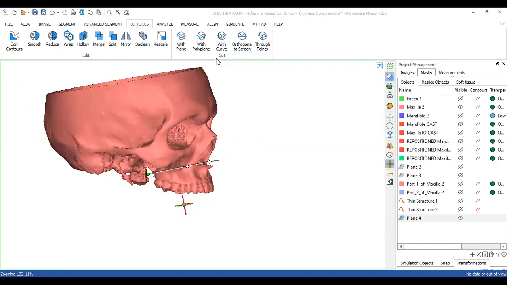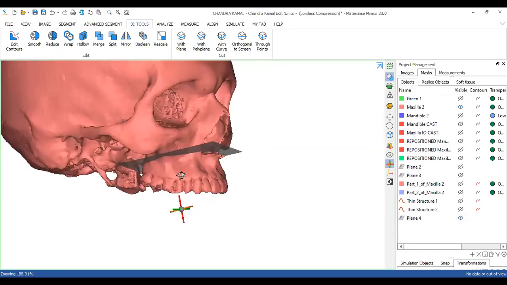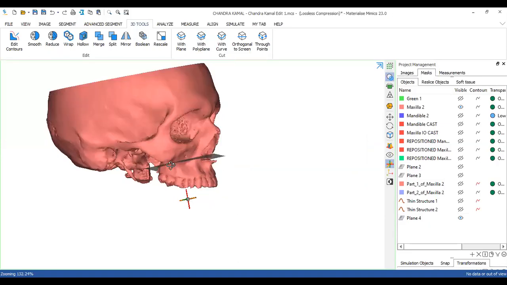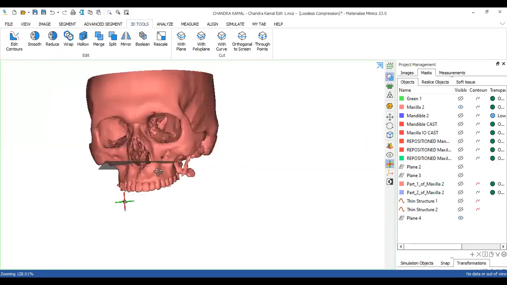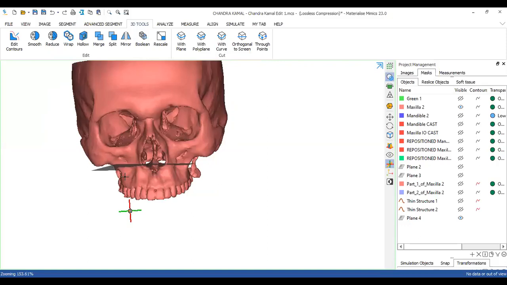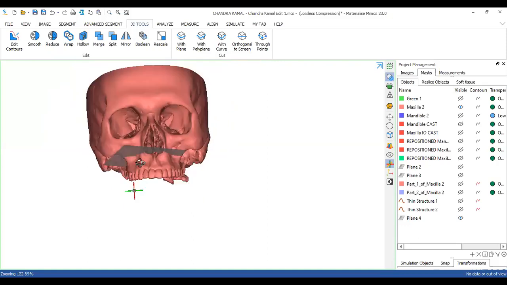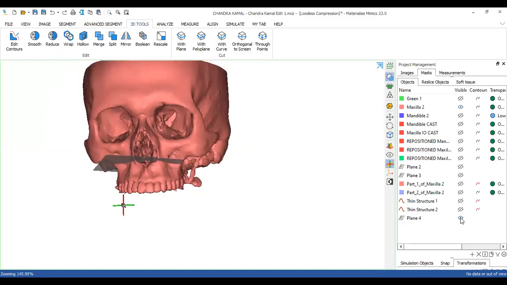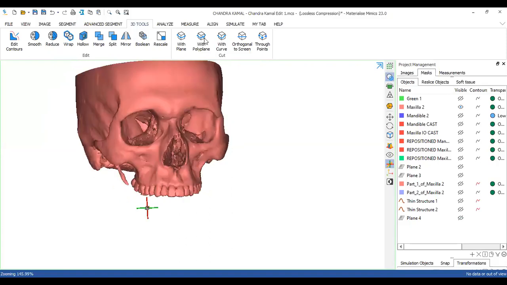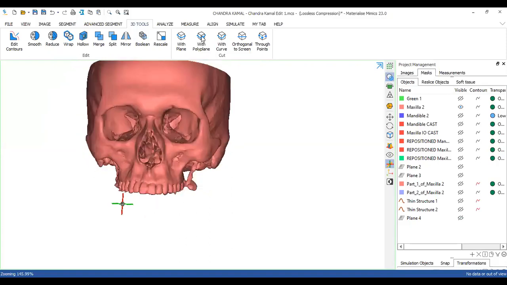So then I'll move forward with polyplane. Right. So if you see, मैंने क्या बोला? मुझे plane में सिर्फ 3 point के ही option आते हैं. But what if I would want to plan the entire leftward cut, both for the left side and the right side, and together as one common cut? What I can then do is I can use an option called as cut with polyplane. So with polyplane, there is no limit to the number of points that I can add.